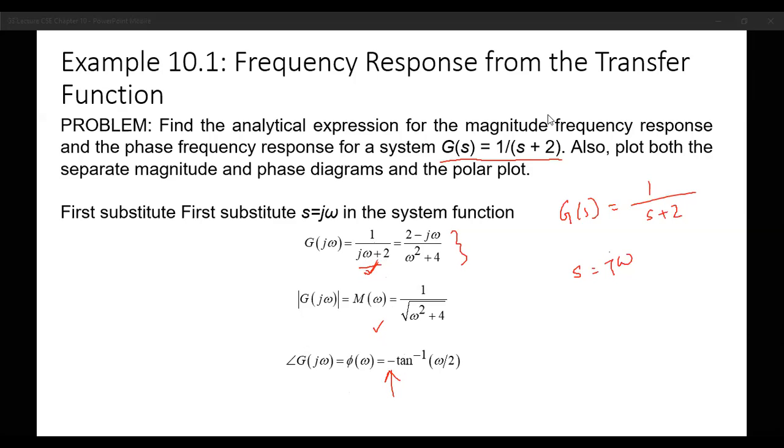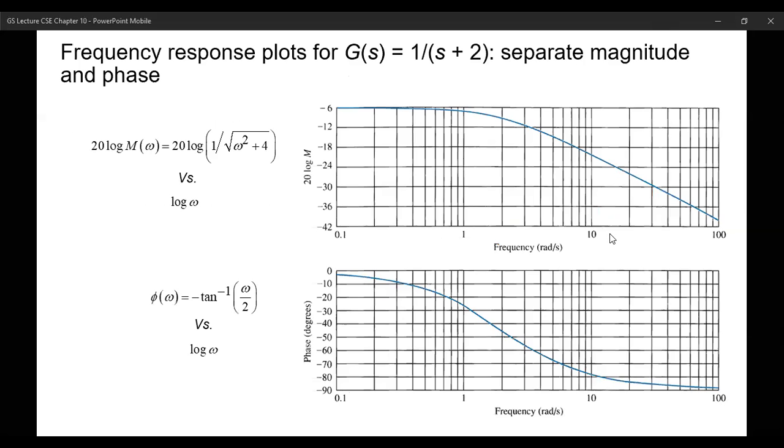Now we figured out what is the magnitude, we figured out what is the angle. Now we have to go for the plot. So in one, we are going to plot both in the separate diagrams, or in the log diagrams, as well as in the polar diagrams. So let us try to do that. So in the frequency, the separate magnitude curve. So what you can see here is,